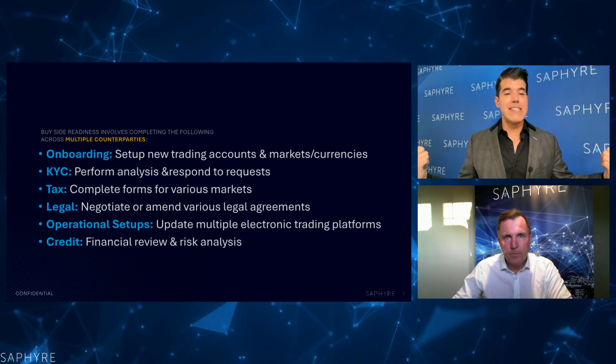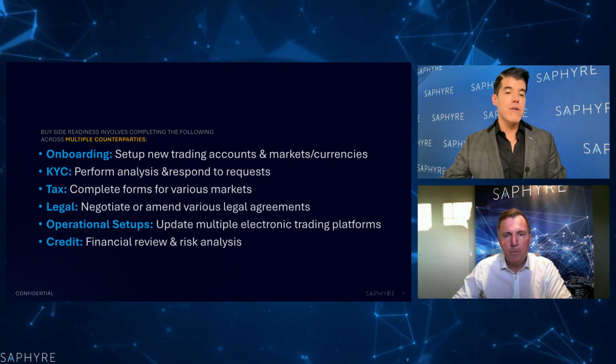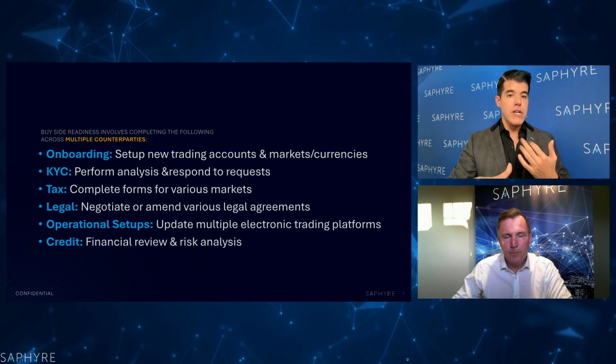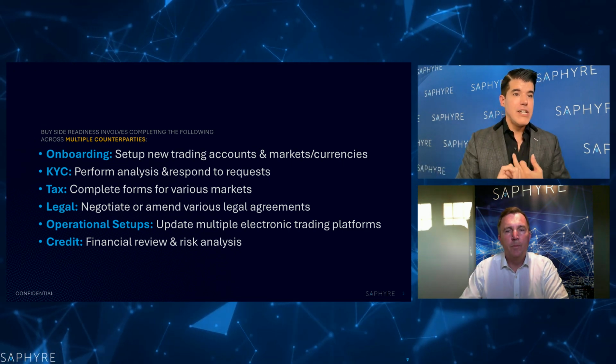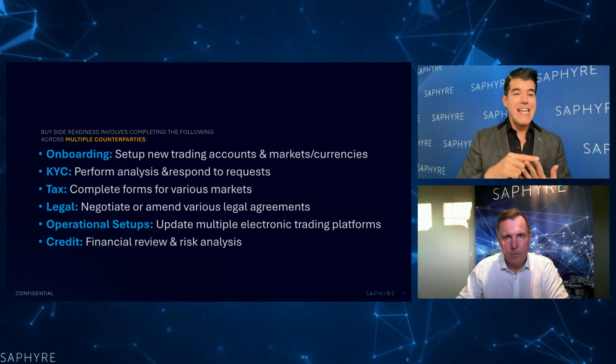And again, that coincides nicely with the tax. So you're completing information for the tax review. The same tax documentation is used to open up the different markets, India versus Brazil. It's also the same documentation used for the KYC requests and the onboarding. Then we talk about the fact that legal